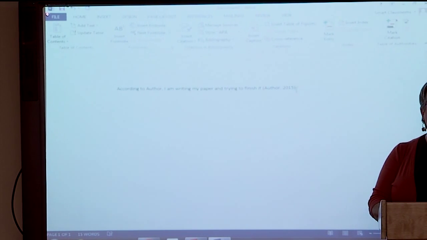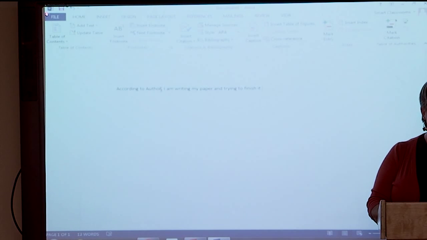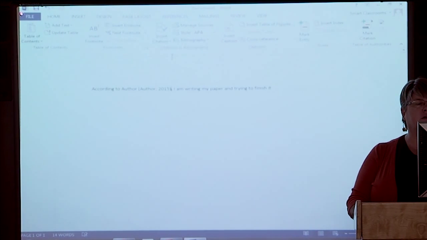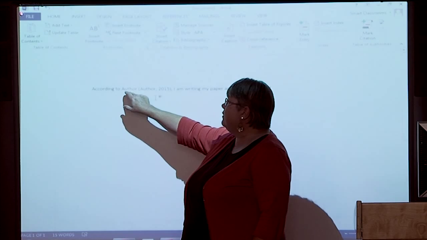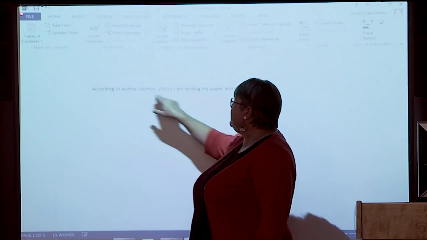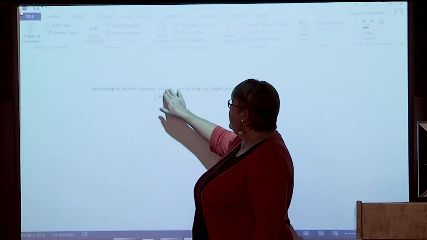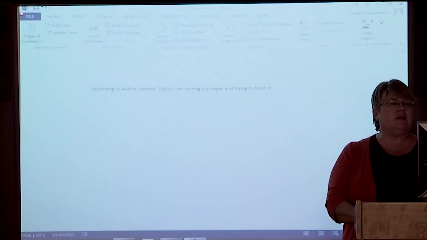I don't want it here at the end, but I want to put it in here. So I can insert citation, but I only want the year there because I've already put the name there. If I'm at the end without the name, I want the author and the year. But if I want it here, I only need that year.